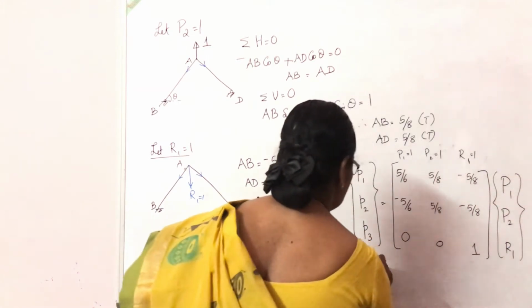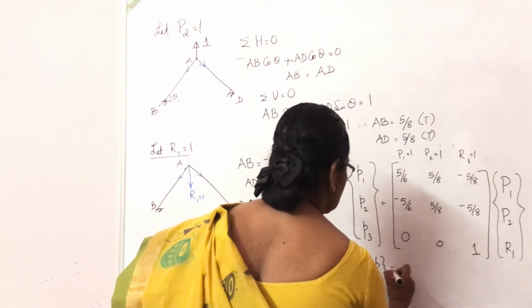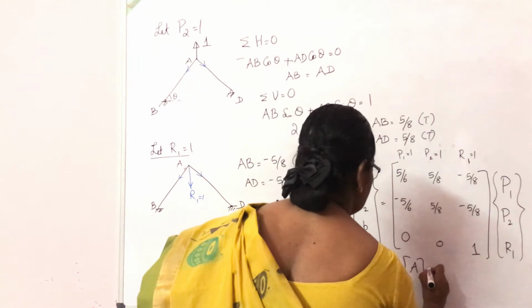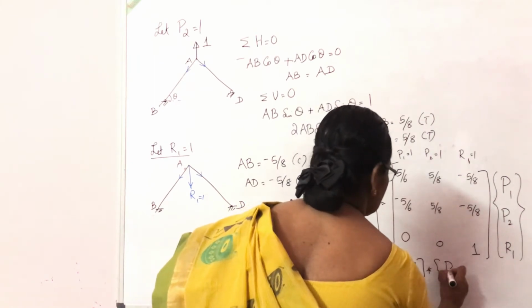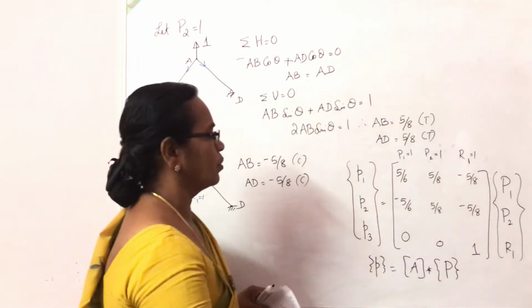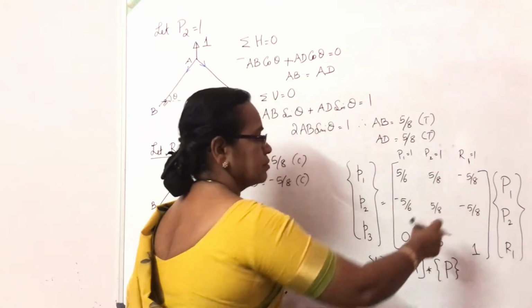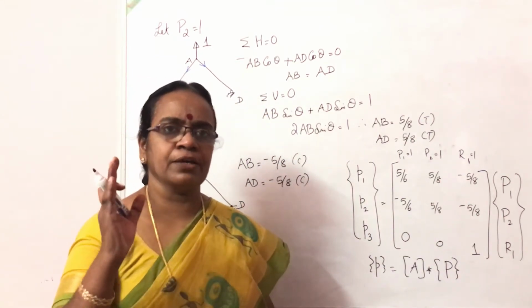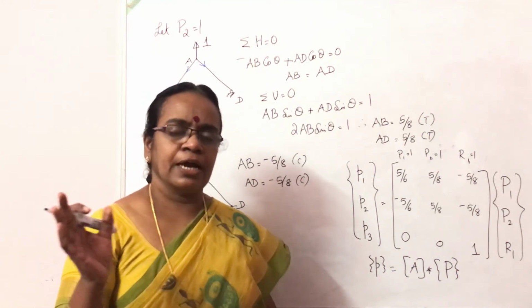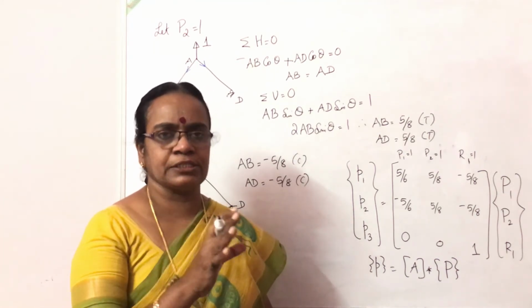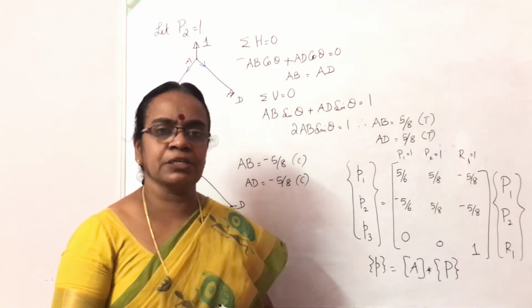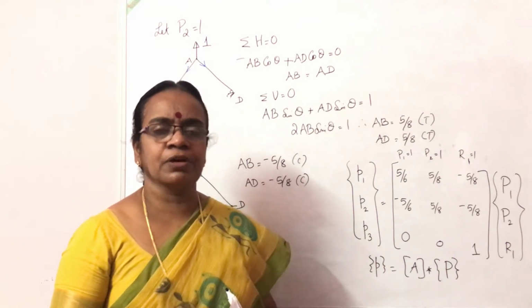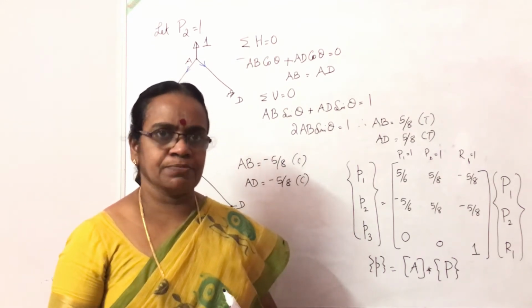So this is of the form element forces is equal to transformation matrix into nodal forces. So we have got the transformation matrix A. So the transformation matrix is obtained by applying unit value of the external forces and unit value of the redundants one at a time, analyzing the determinate structure and getting the values of the forces in various members.